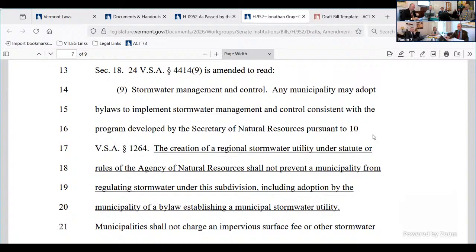So this is amending Title 24. You can see the existing statutory language. Any municipality, this is current law, may adopt bylaws to implement stormwater management and control consistent with the program developed by the Secretary of Natural Resources under Title 10. And the new language: the creation of a regional stormwater utility under statute or rules of A&R shall not prevent a municipality from regulating stormwater under the subdivision, including adoption by the municipality of a bylaw establishing